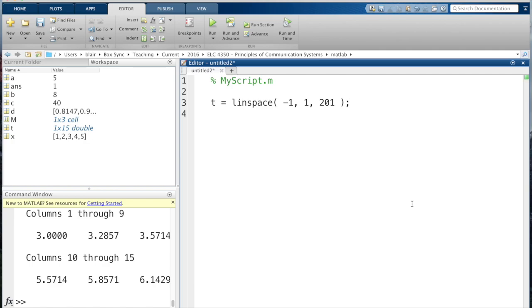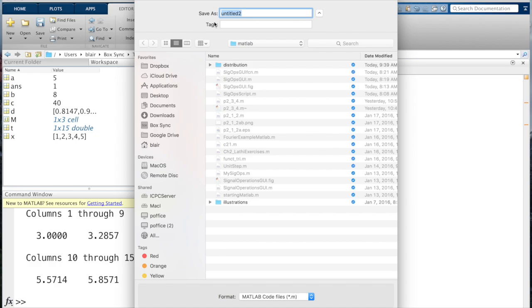And MATLAB has built-in functions, so I can define y as the cosine of 2 times pi times t, and actually I will uncomment these. I'll uncomment both of them. And if I hit run, well, it first wants me to save the